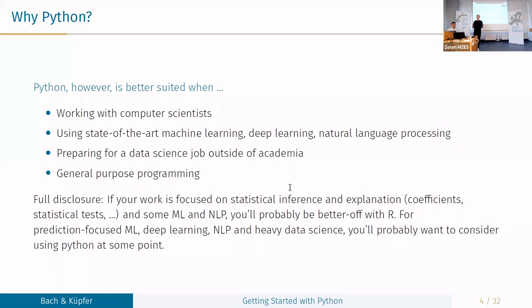In some scenarios, it makes a lot of sense to just say, well, I do some machine learning, I do some NLP analysis, my work is mostly focused on statistics and regression analysis and the like. Then you may just say, well, there's not really a need to go to Python. You can just stick with R. Maybe if I have some time, I look at Python and get some basic understanding. But in those scenarios, and for a lot of researchers, probably that is the default scenario, you can just stick with R and you will be perfectly fine.